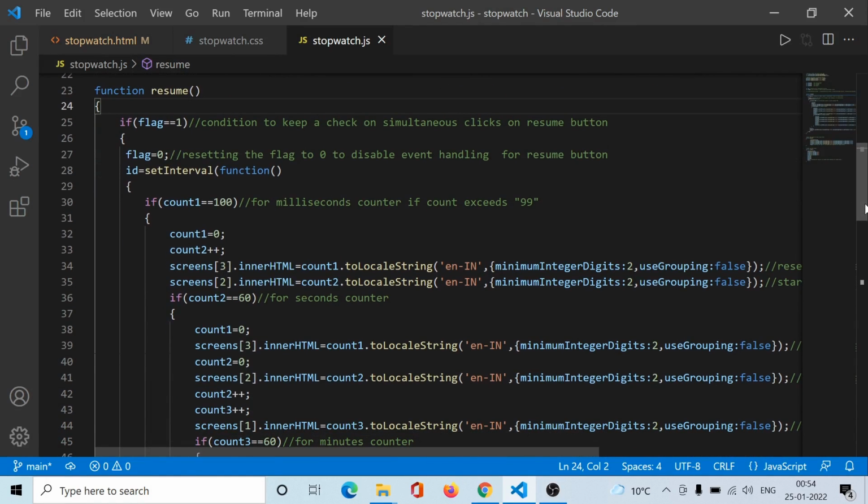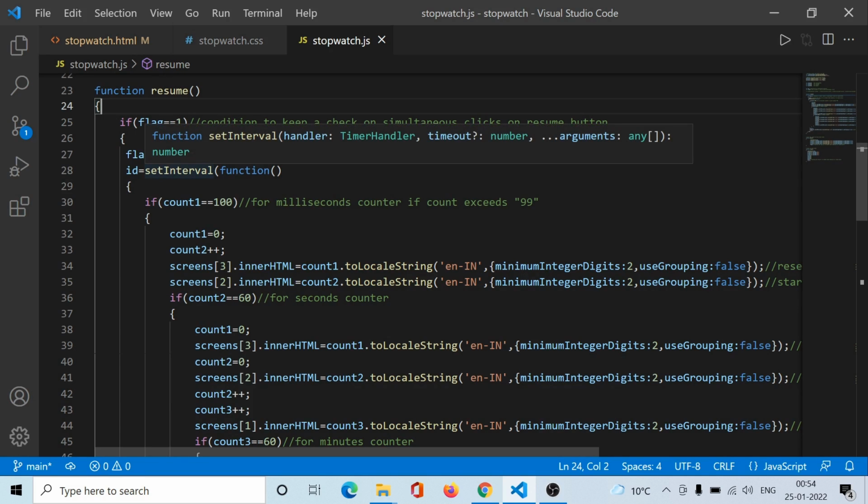Here is the resume function. So whenever the user presses the resume or start button, this function is going to load and it will check the condition of the flag, check the status of the flag. If it is set to 1, then only it is going to proceed further.